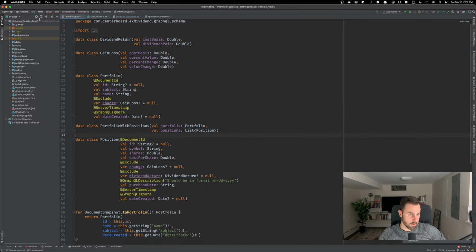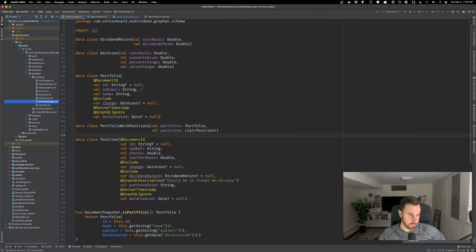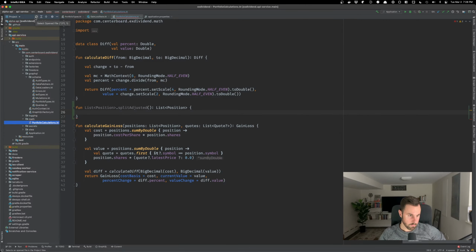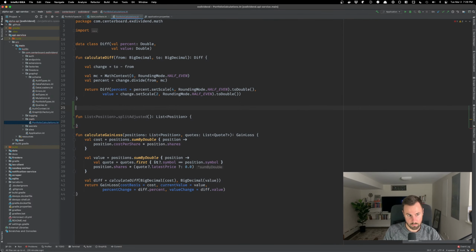I do not currently have any data type to represent a split, but we can temporarily go ahead and make one